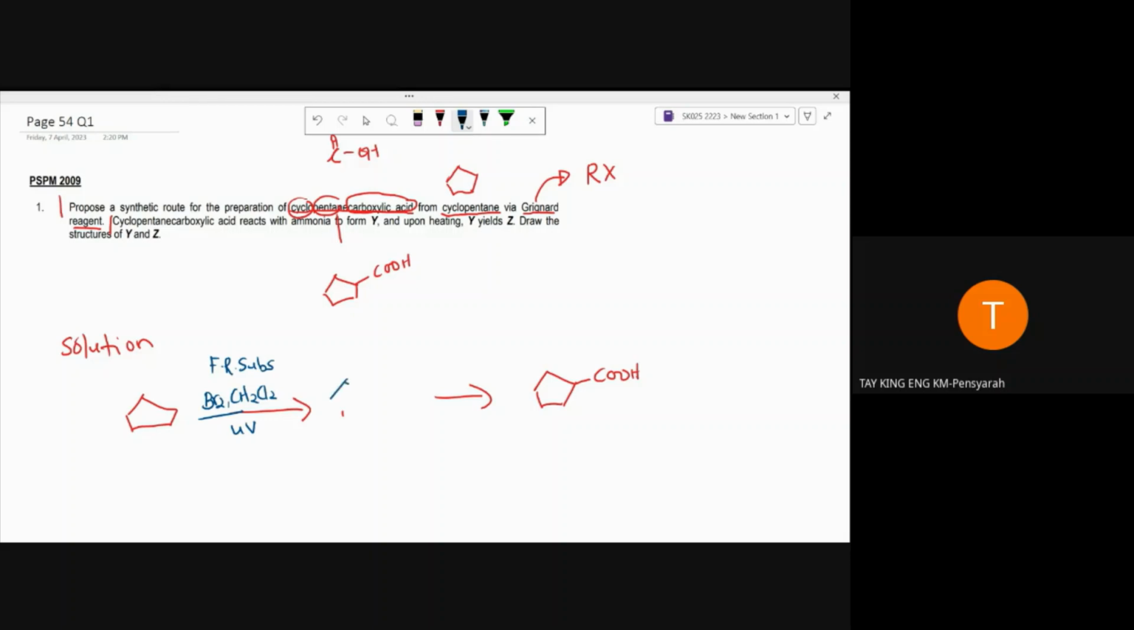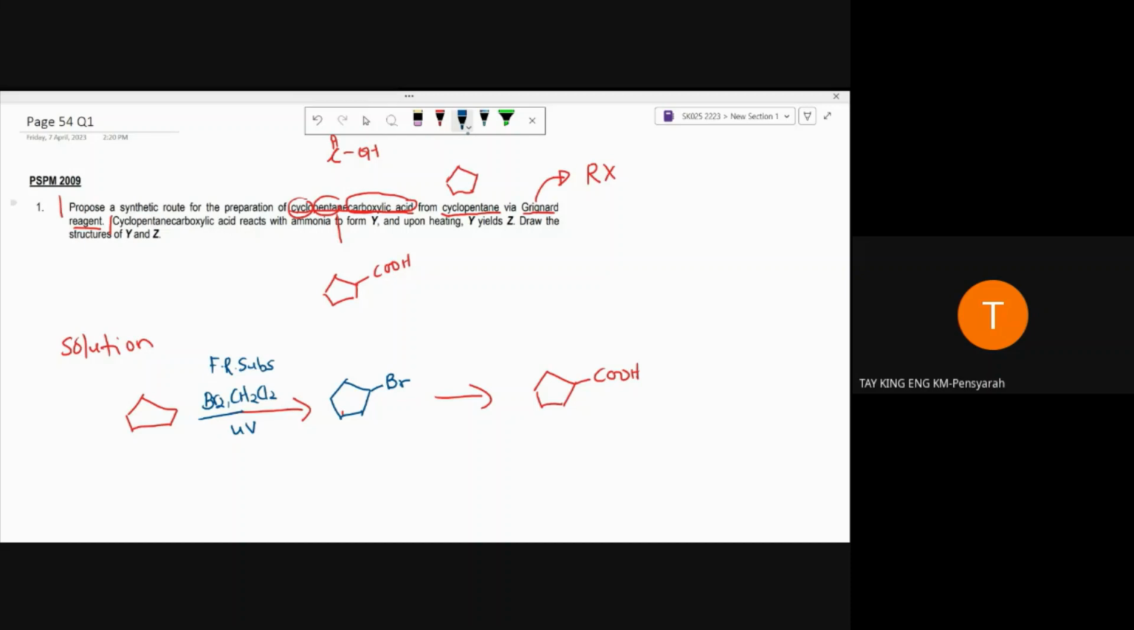Because all these carbons in the cyclopentane are secondary carbon. So that means here I know I can replace any hydrogen. No need to consider the major and minor product. If you want to use Br2, then here will be the Br. If you don't want to use Br2, you also can use Cl2. Okay, after we get the